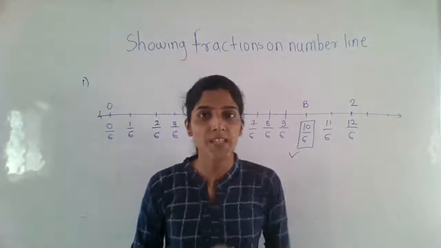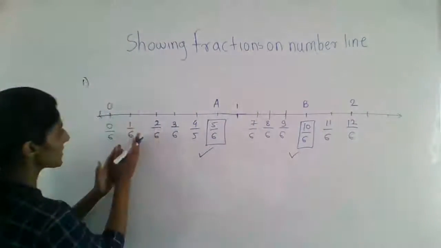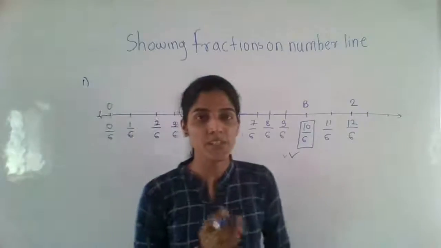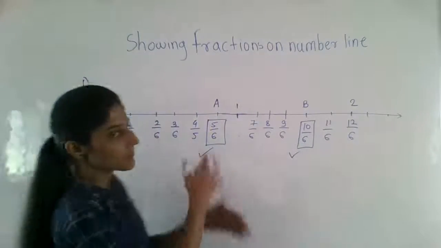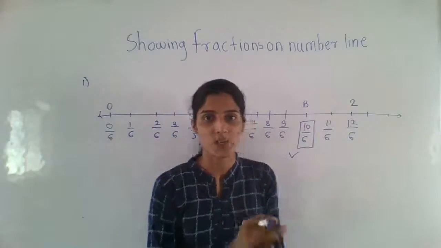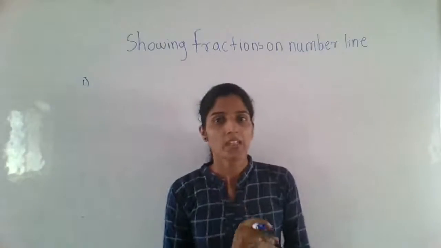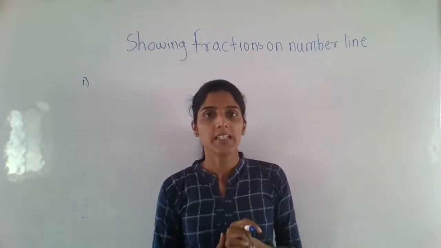How can we find these? Simply, the number line is given. Here 0 by 6 is given, meaning 0 and 1. The first unit is divided into 6 equal parts. Therefore we divide this as 1 by 6, 2 by 6 like this. Understand this example? Okay. The last example which is remaining, you will try to solve this example.